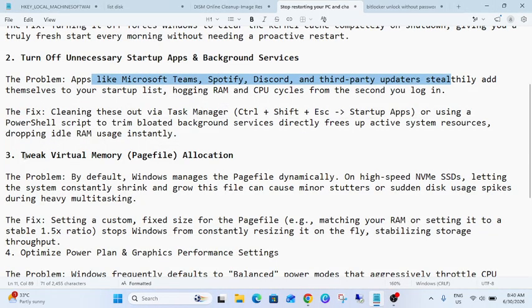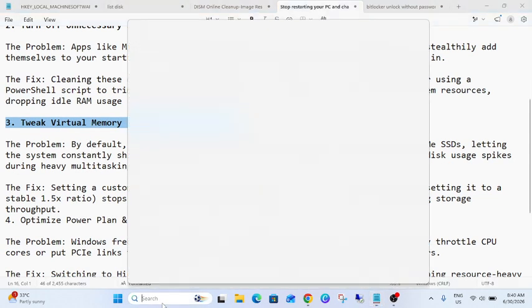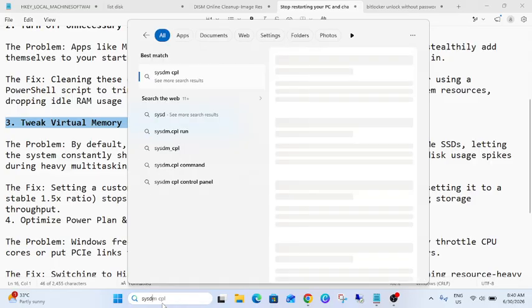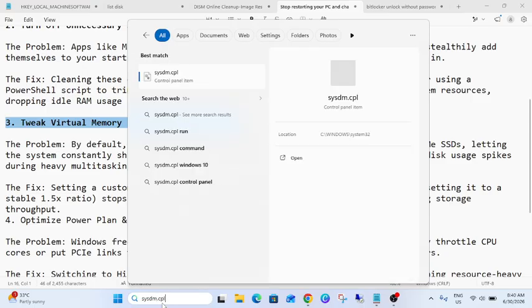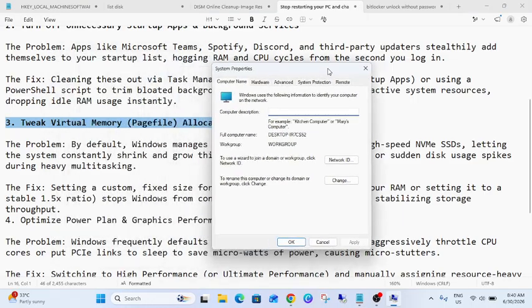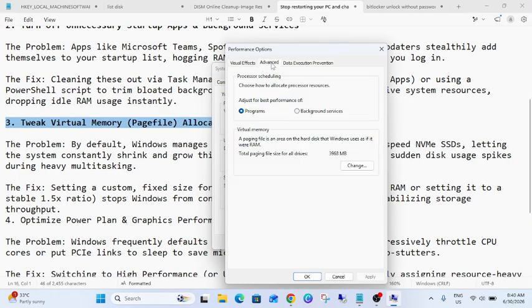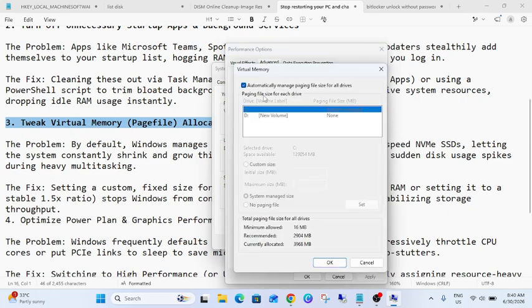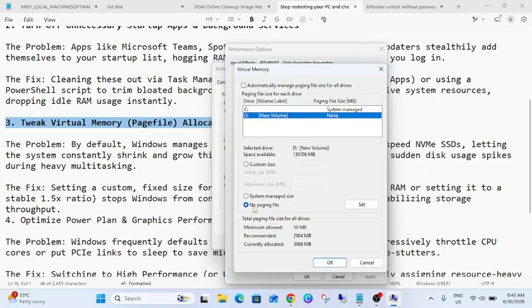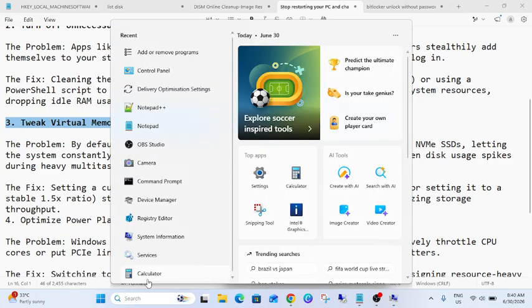Now let's move on to the third one. This is also very important: tweak and change the virtual memory on your system. Open system.cpl here like this, and now go to advanced and then go to settings. Again go to advanced options, then click on change and untick this option and choose your D drive, and then click on custom size. And now let me show you how you can calculate the